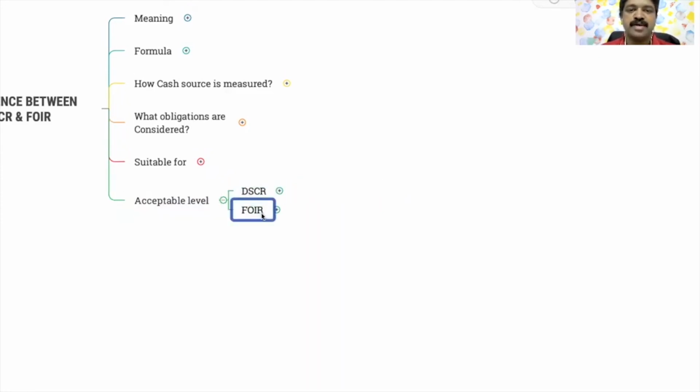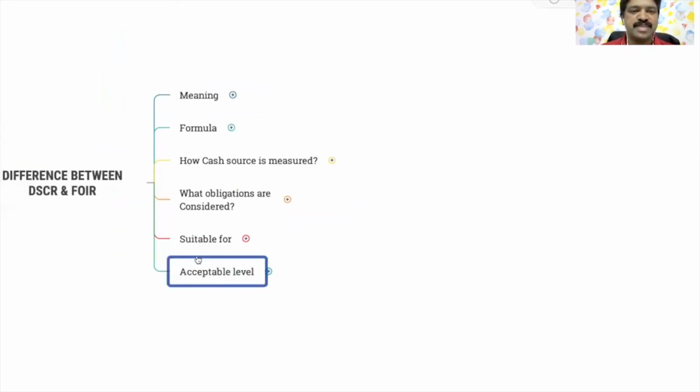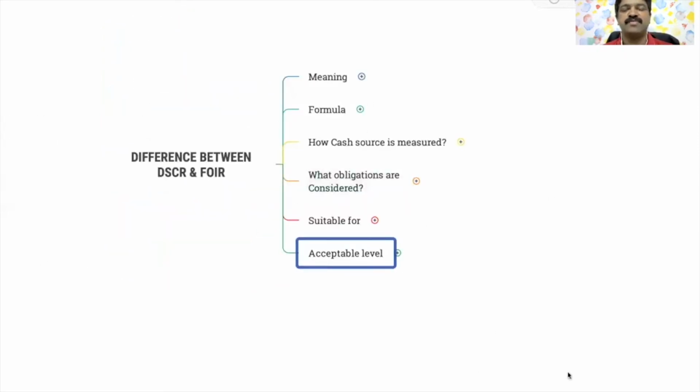That's about DSCR. Whereas FOIR, it is calculated in a kind of a reverse model because we are comparing the fixed obligation with the income. Okay, so fixed obligation is seen as a proportion of income. So it should be between 40 to 55%. So if fixed obligations are greater than 55%, it means they are leveraged. They may not become eligible for financing. But on the other side, if FOIR is much below, say somewhere like below 40%, it indicates they have much repayment capacity. Okay, so these are the broader differences. Even other differences can be added, but these are all the differences which I wish to add.